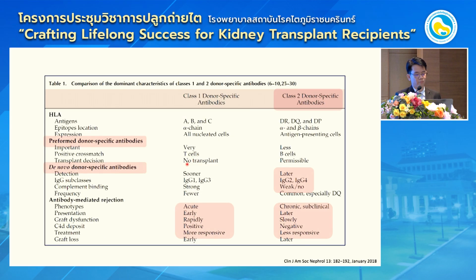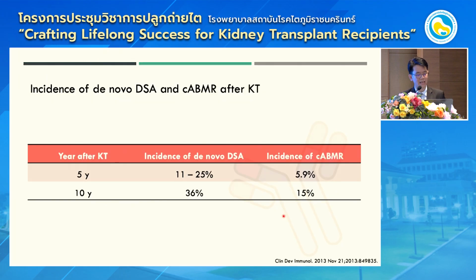Shown here, when we divide the patients into two groups according to the HLA antibody, you can see the linkage between the class 2 antibody and de novo DSA, and the chronicity and graft failure. So right now, HLA class 2 is the main problem in the long term. We can fight against HLA class 1 or pre-transplant antibody, but the long-term outcome of HLA class 2 remains the problem. Anyway, shown here, this is the incidence of de novo DSA after transplantation, which is around 10